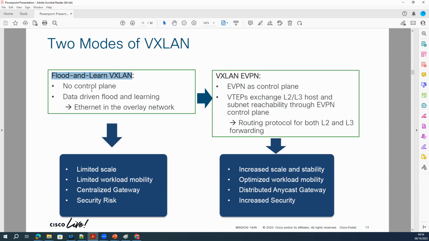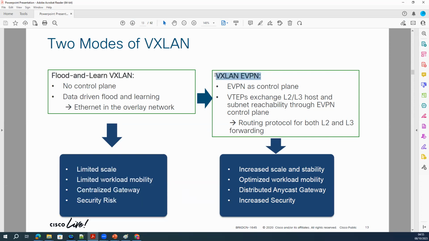You will be able to create the gateway, but you will not be able to utilize that gateway without the control plane. So you will have no control plane. It's going to be data driven flood and learn based on MAC address communication. The issues are limited scale, limited workload mobility, centralized gateway issue, and security issue. These are some issues you will get from flood and learn.